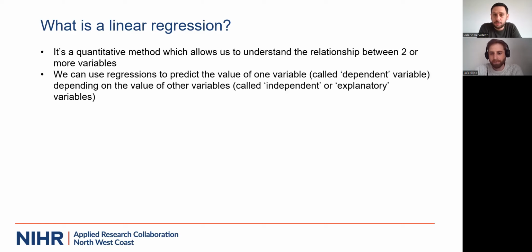We can use regressions to predict the value of one variable, which is called the dependent variable, because it depends on the value of other variables, which are called independent or explanatory variables. So, for example, by knowing my age, I can predict what my weight might be. So if I am 30, 40, 50 years old, I might predict that my weight might be 70, 80, or 90 kilograms, for example. And we use regressions to predict the value of one variable by knowing the value of